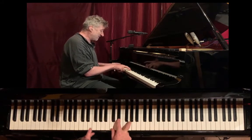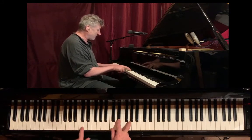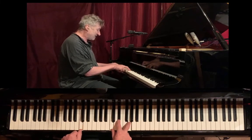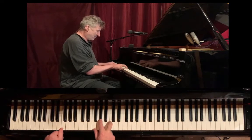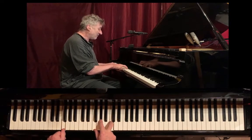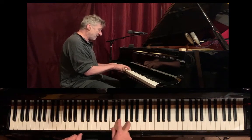And do the same thing as we did in the other songs. Let's put the bass to it. So you play a C for the C minor, you play a G for the G minor, and you play an F for the F minor. And that sounds good, but you can make it sound much better